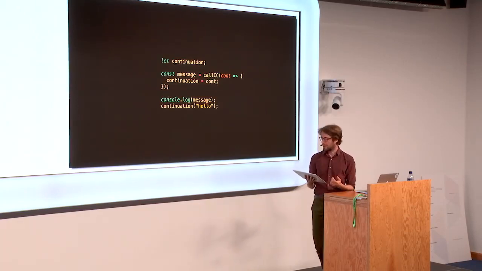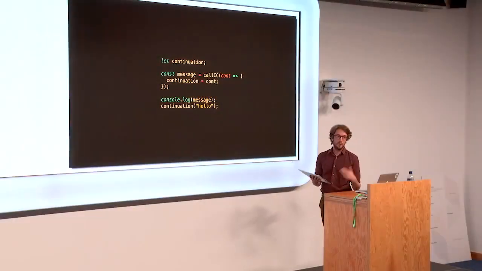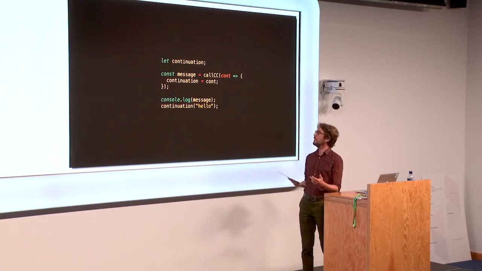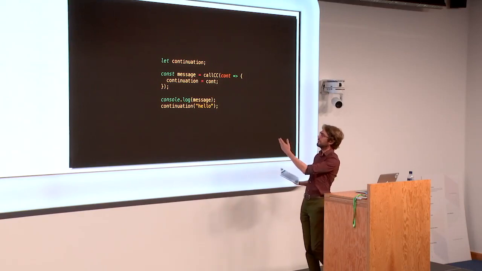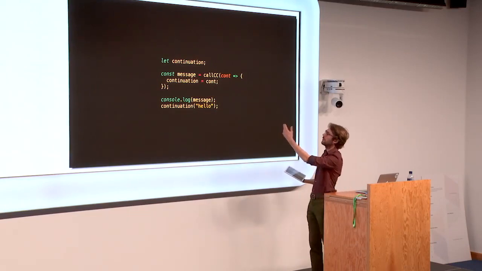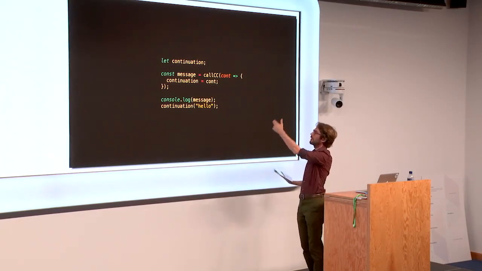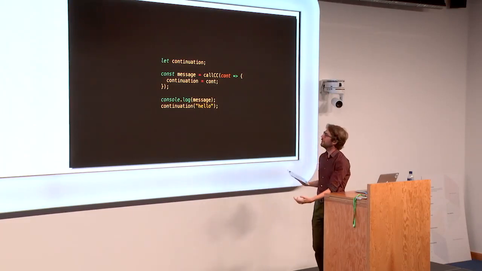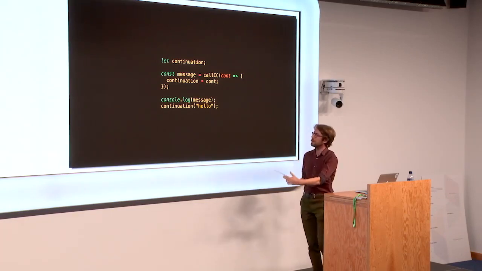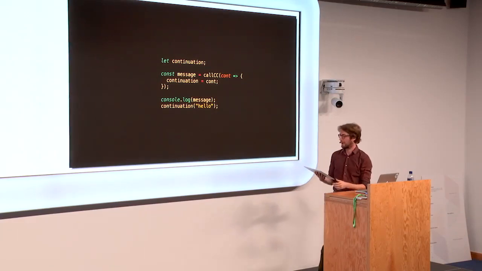So in languages that support continuations, the most basic functionality is usually provided under a function called callcc, which would look like this in fictional JavaScript. You call it, and you get the current continuation at that point passed into the callback for callcc, and then you can do whatever you like with it. In this case, when we run this code, we're going to log undefined. We're then going to get to the continuation, which we pass hello. And at that point, we jump back to where callcc was invoked, and callcc evaluates to whatever you pass into that continuation. So we're then going to get to console log again, log hello, and just keep on doing that in an infinite loop because we call it again.